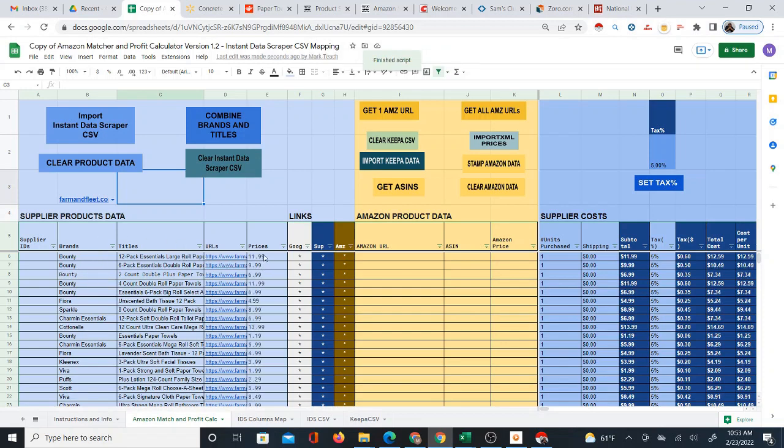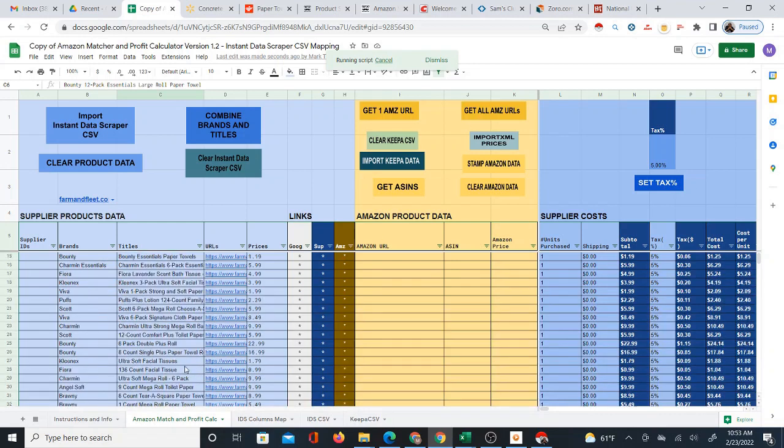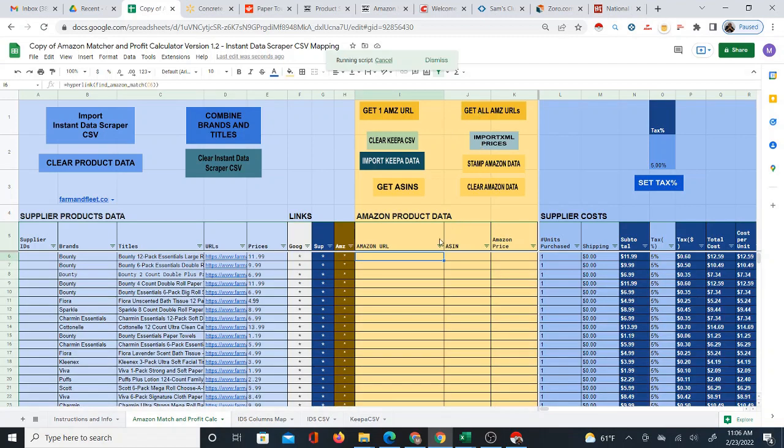Now, at this point, you can see the prices just popped in. I'm going to combine the brands with the titles, because otherwise they're not going to reverse search very well to Amazon. So you're going to click on Combine Brands and Titles, and it will simply take these brand names and put them right at the front of each title, so that now when you reverse search these using Get All Amazon URLs, you have a better chance of having the product successfully matched. Okay, so I'm going to run the Get All Amazon URLs again, and basically at this point it's trying